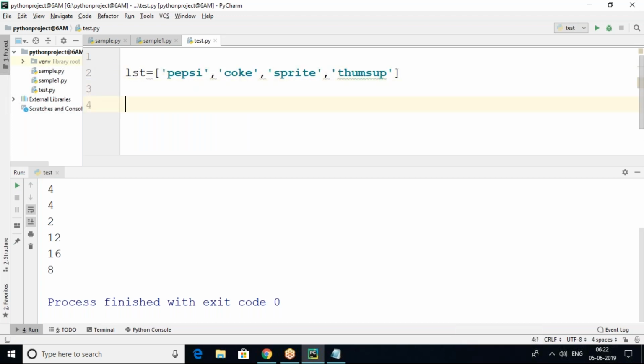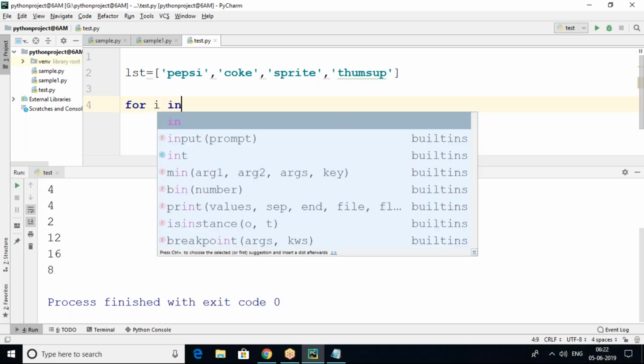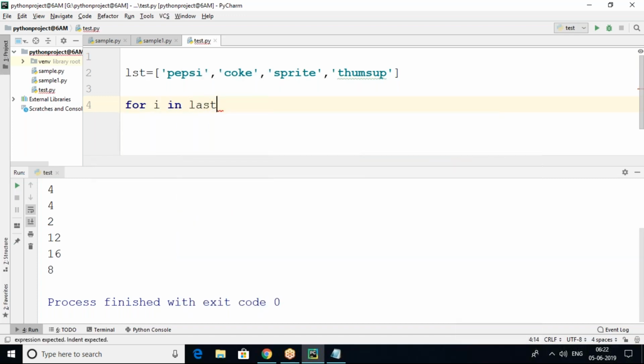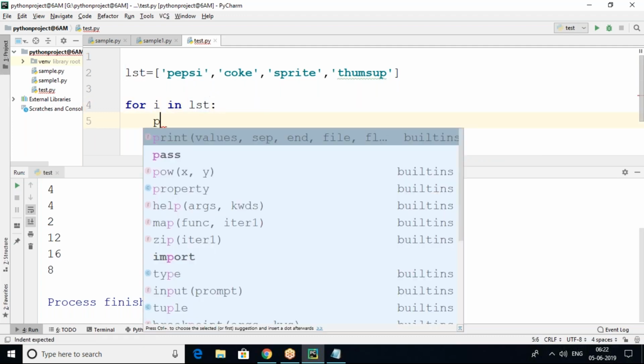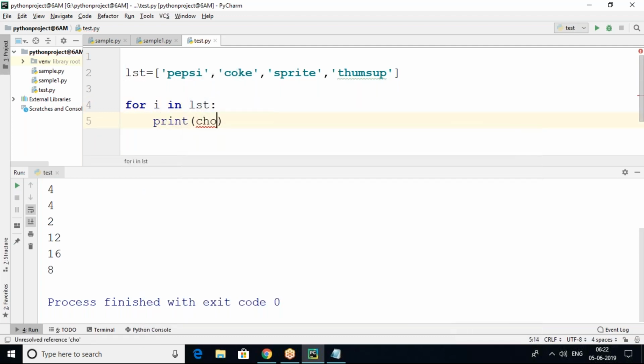I would like to use the choice function here. So: for i in lst, then print choice of lst.